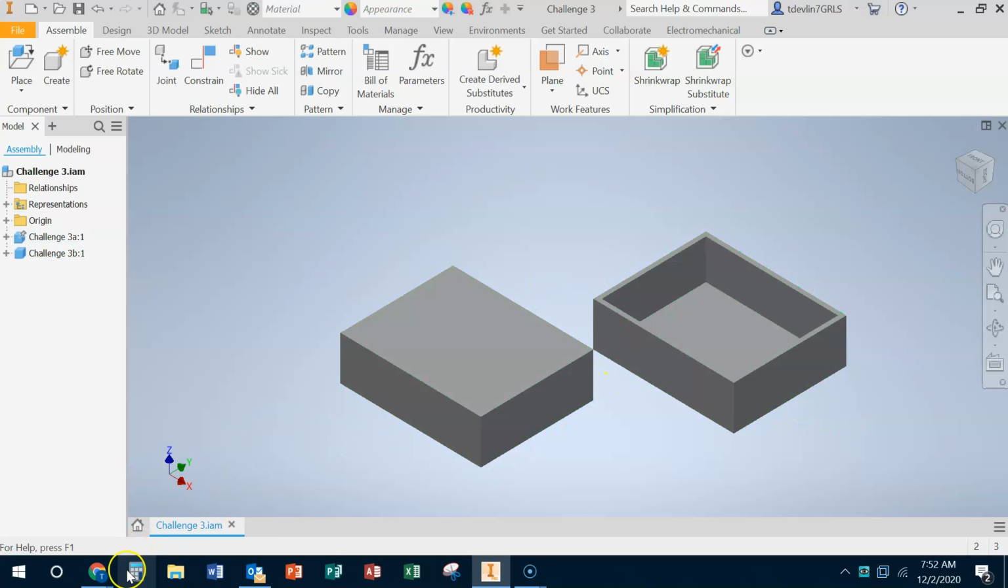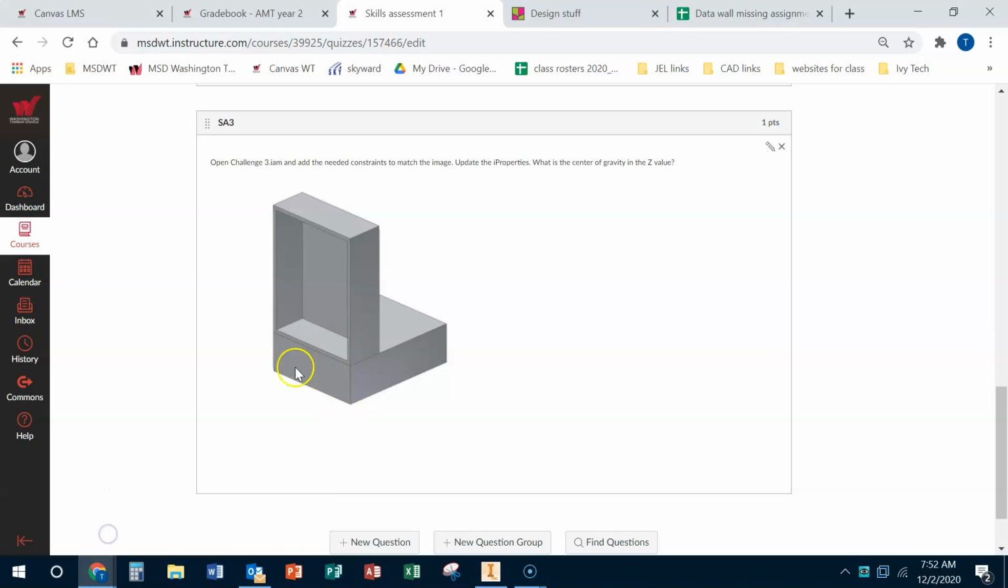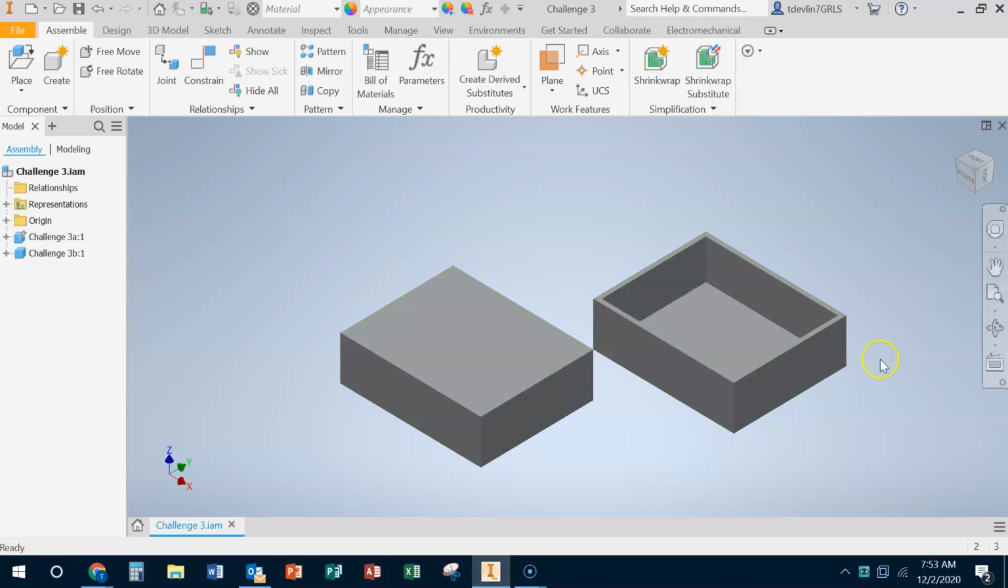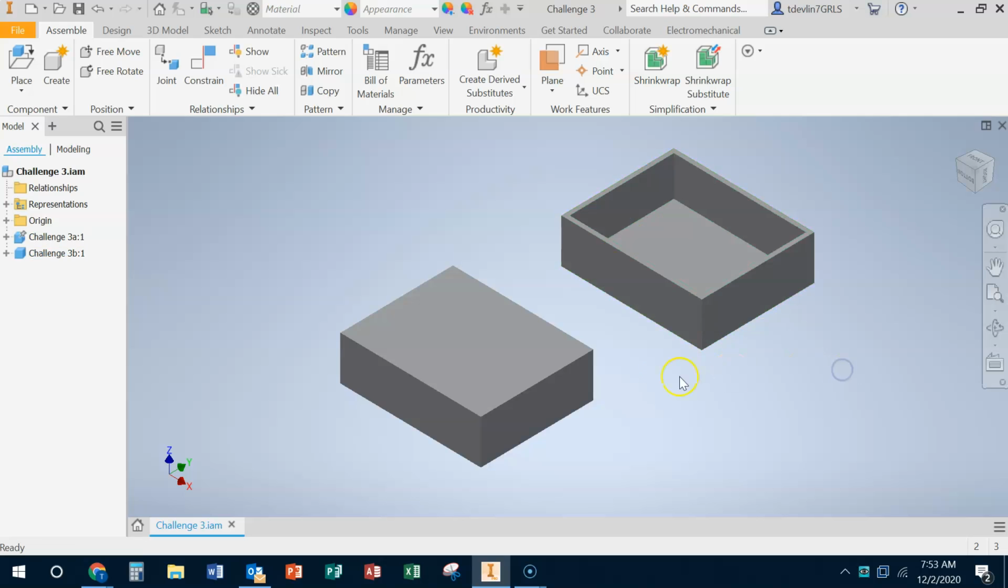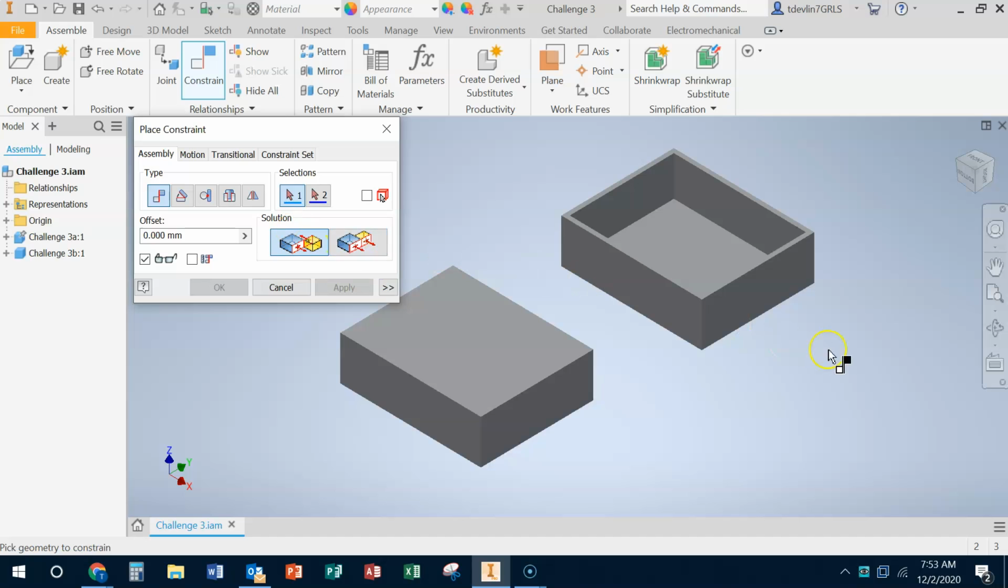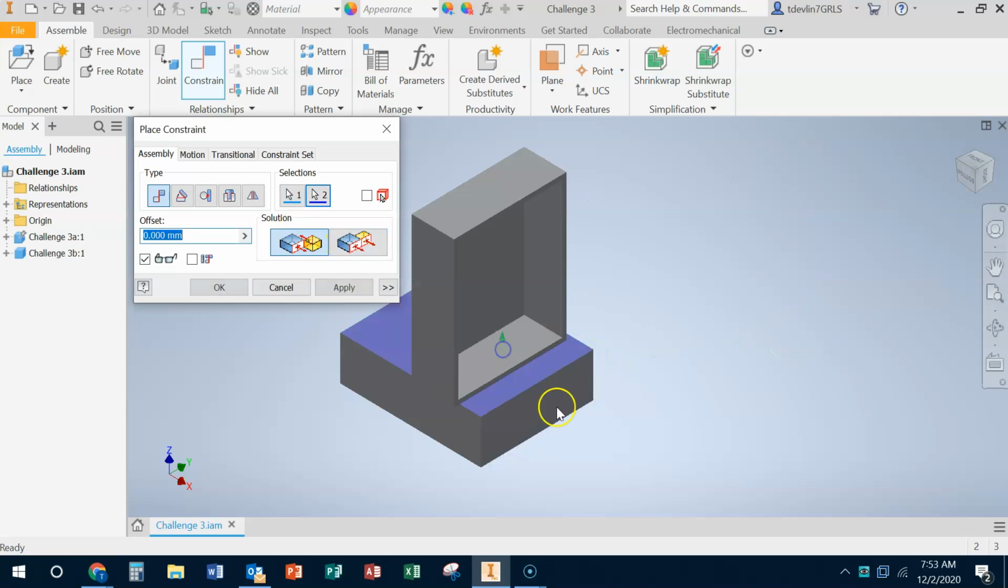So now what I need to do is get it to look like this. So that first part is grounded already, so this part I can't move, this part I can, so this is what I'm moving. So I need to flip this up and then line it up. So if I constrain this, I'm going to mate that face to this face first, click apply, and then I'm